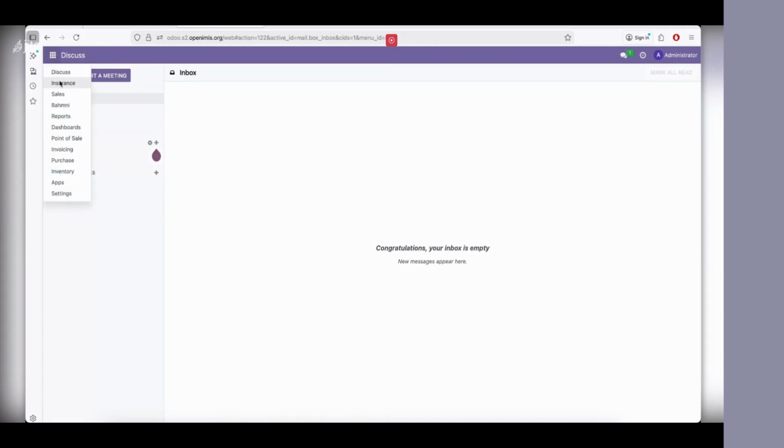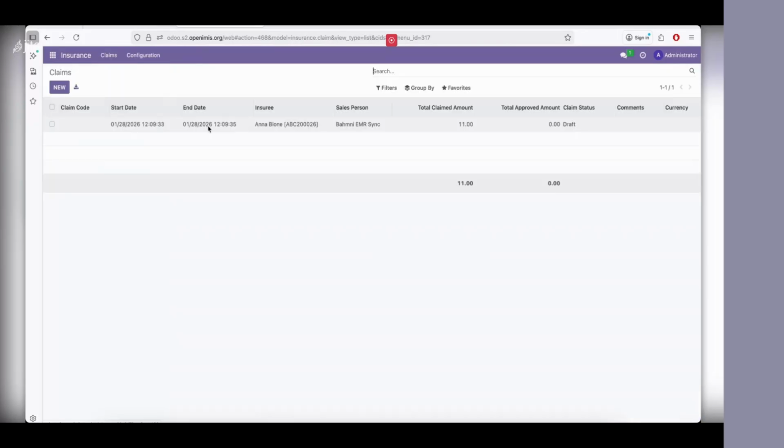So I just go to the insurance tab. Okay, now you can see this data coming from the Bahmni to the Odoo. And the real purpose of doing this in between two systems is that the current Bahmni that we install as an instance doesn't really provide any kind of billing system out of the box. So we are pairing these with the Odoo because Odoo itself has a capability of adding the bills